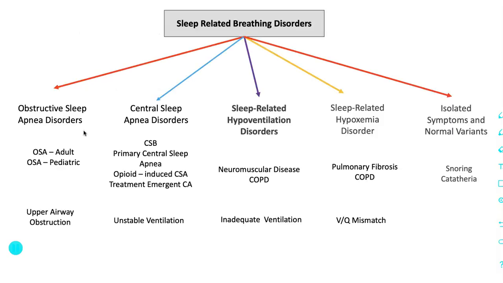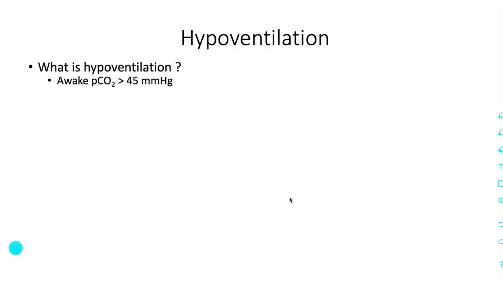Now let's discuss the third group of the disorder, sleep-related hypoventilation. So what is hypoventilation? Hypoventilation is characterized by awake PCO2 more than 45